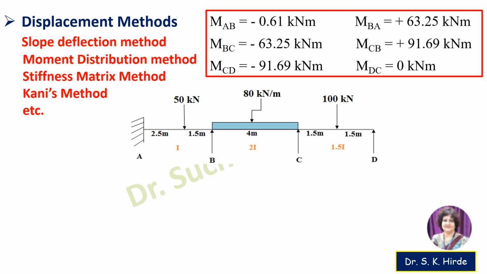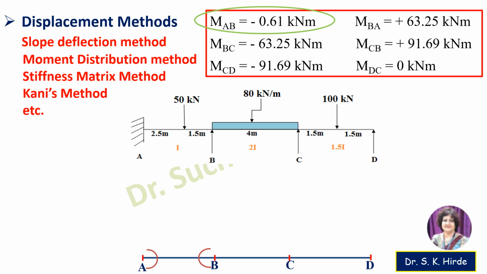For that, first of all, we draw a baseline which has a length equal to the length of the beam. Then you have to mark the support positions, which are A, B, C, D, like this. After that, consider the first span, that is span AB. Over span AB, you have to draw two curved lines like this, as shown in this figure.